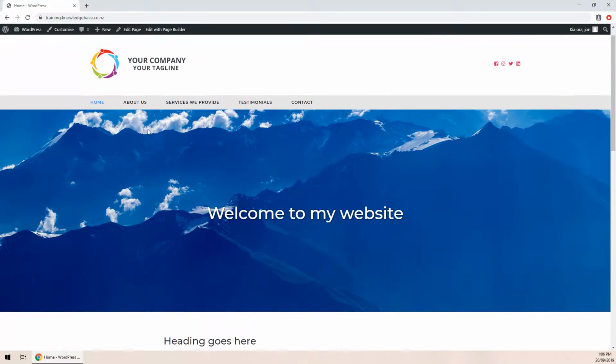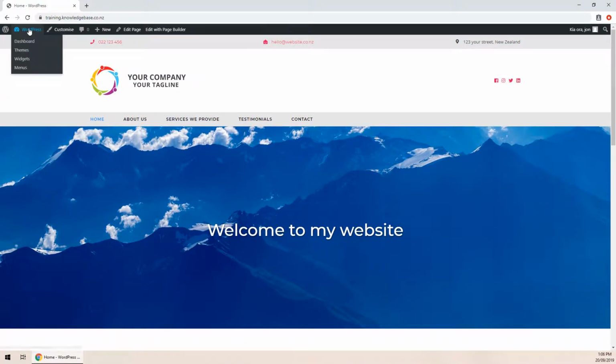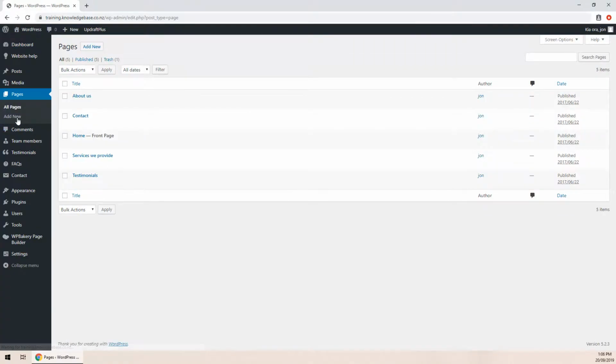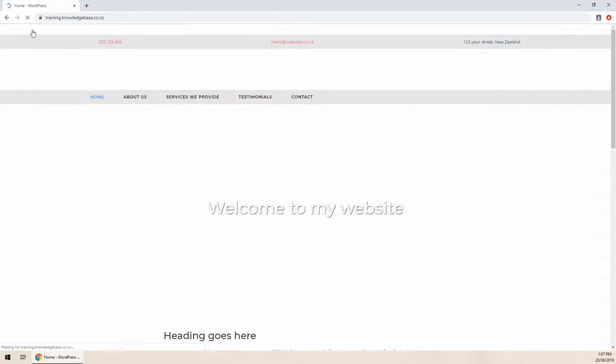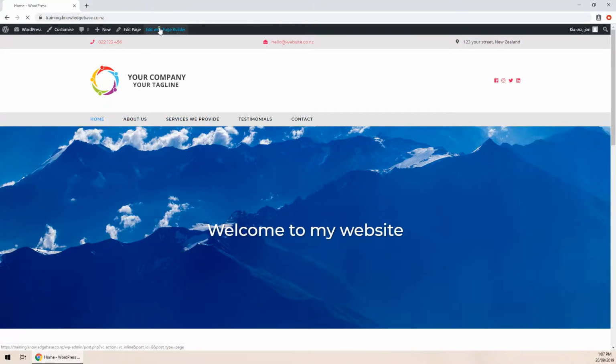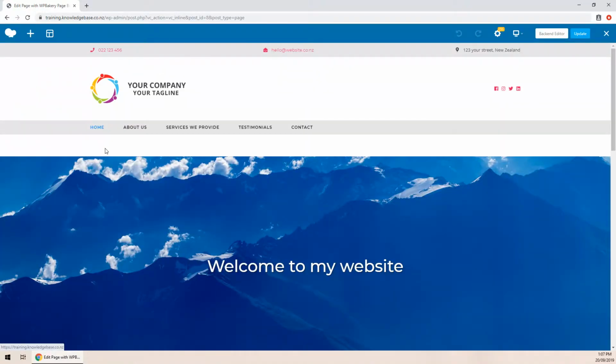Another way to edit the site with the Page Builder is to go to the back end of the website, click on Pages, and then click Edit with Page Builder. So either way works. Generally I find it's just easier to navigate on the front end. So for instance, we'll go to the home page and click Edit with Page Builder, and that will reload the